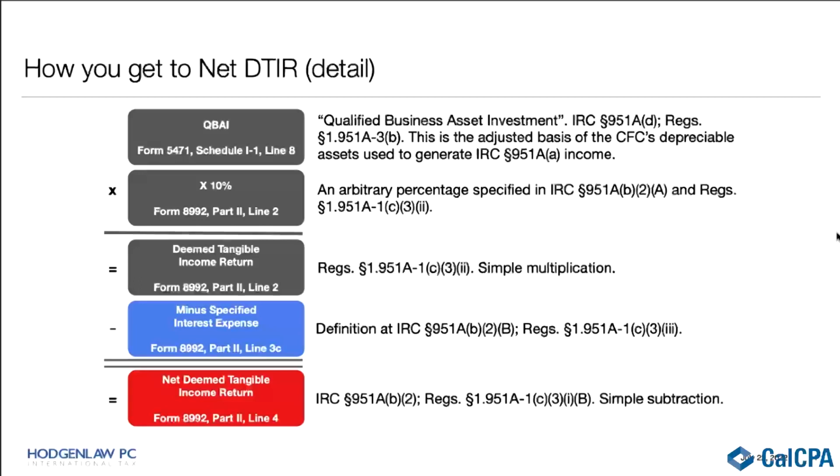So, not that that's Marxist or anything, but let's talk about this. In a sense, this is not unlike the idea of depreciation. You're going to be looking at an asset on the balance sheet. You're going to be doing some math according to some formulas that the Internal Revenue Code gives you, and you're going to end up with a number that is a deduction that you're going to use in computing your taxable